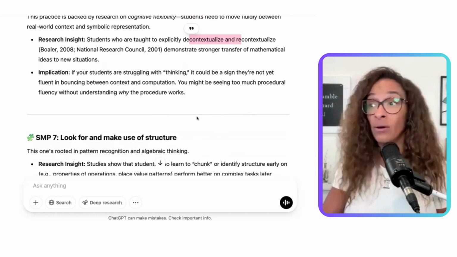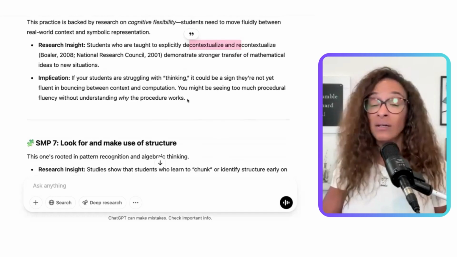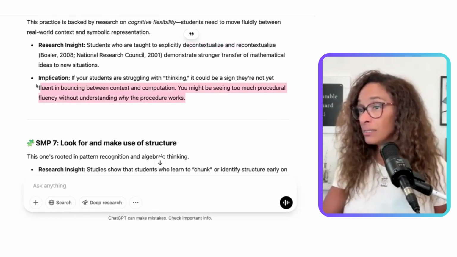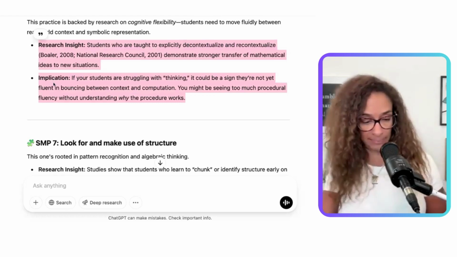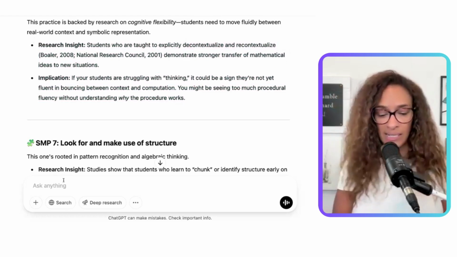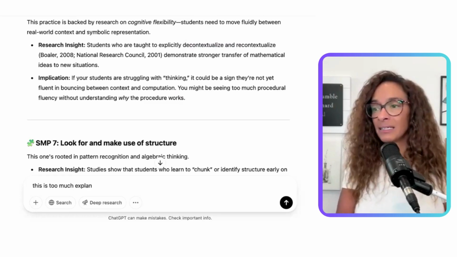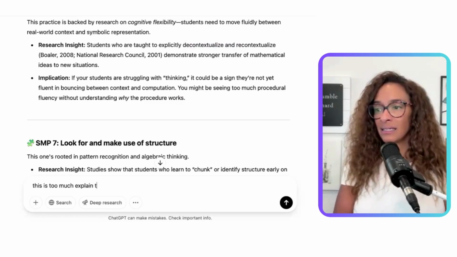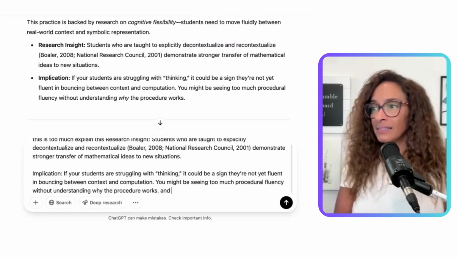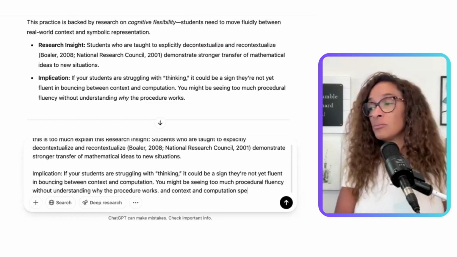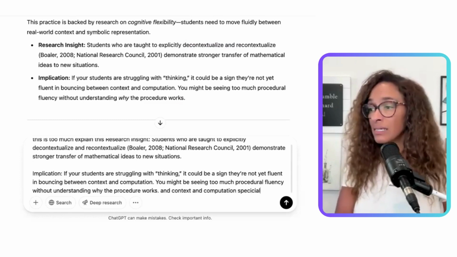I would now say, okay, we need to reflect. This is tip number 5. Like, okay, what does this mean? Explain. This is too much. This is too much. Explain this and context and computation specifically. Like that might just be,